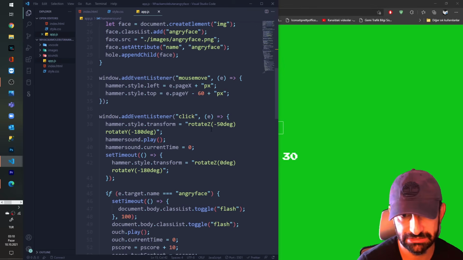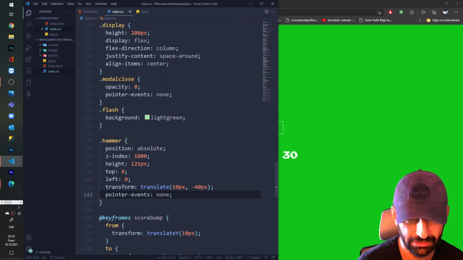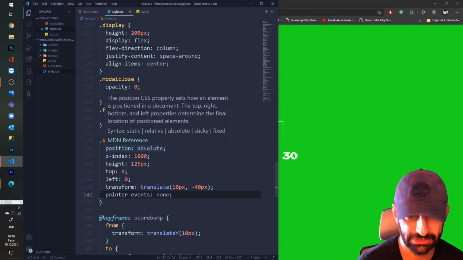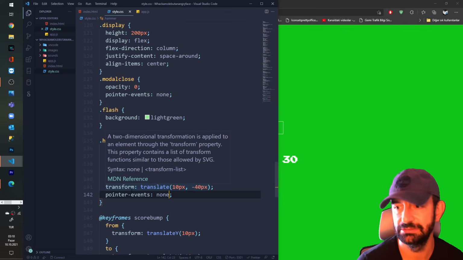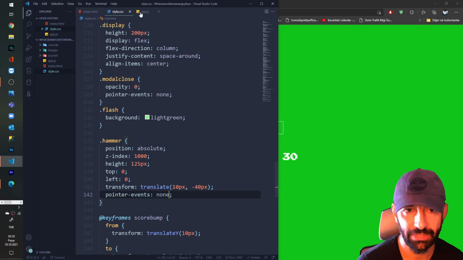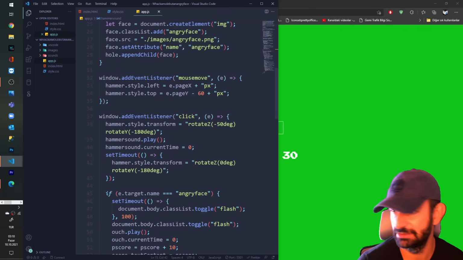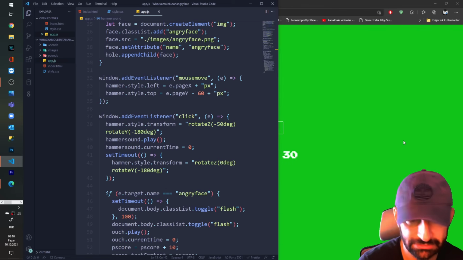Rotate set. Hammer style rotate. Rotate position absolute. Transform translate. Pointer events none. Okay. Why my animation is not happening? I want to find this out.